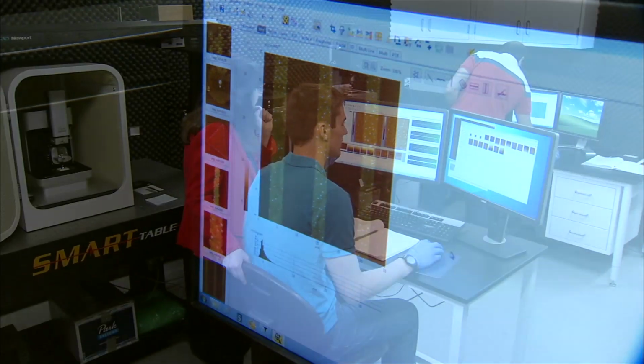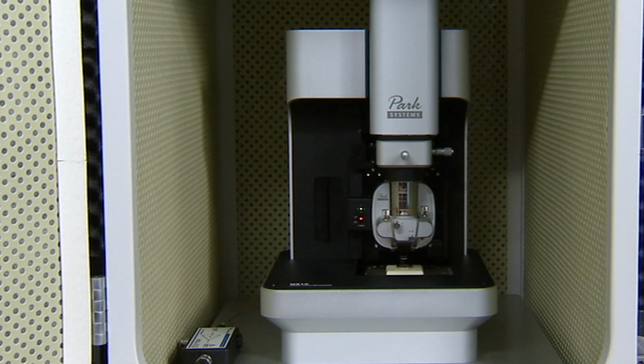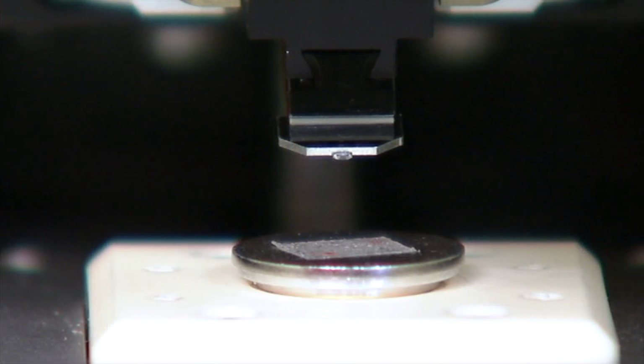They also needed to create an environment that will allow their innovations to work. Soundproofing foam lines the walls of this lab. The magnification of the measurements taken in this room is so great that even sound waves can distort the images. For instance, this atomic force microscope has 3 additional layers of isolation. Nanomaterials are very difficult to handle. If you want to really test the strength of a nanowire, you have to manipulate it. You have to hold it somehow with the miniaturized tweezers or manipulators and pull them apart to get fundamental properties